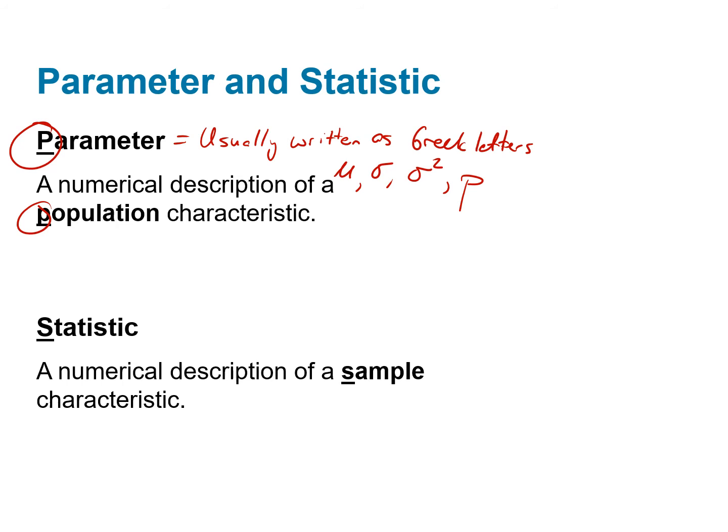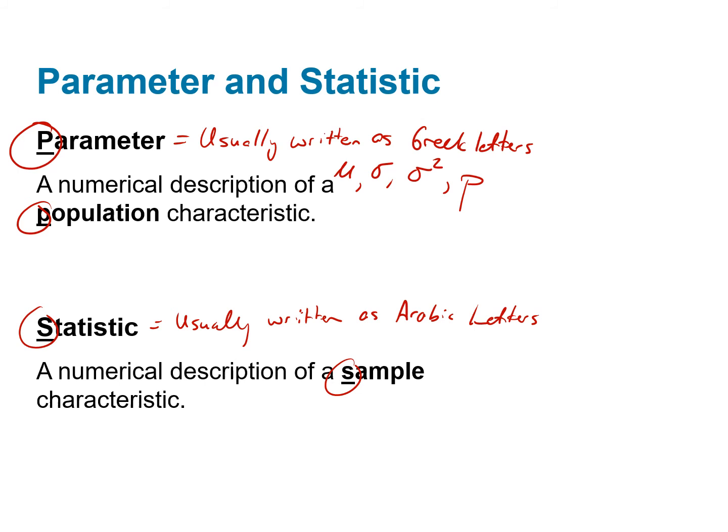So we're talking about something based on population data. With a statistic, we're talking about sample data. Just like parameter starts with P, which should remind you that it's population, a statistic is a numerical description of a sample characteristic. They both start with S. So these we're usually going to write as Arabic letters. Now when I say Arabic letters,